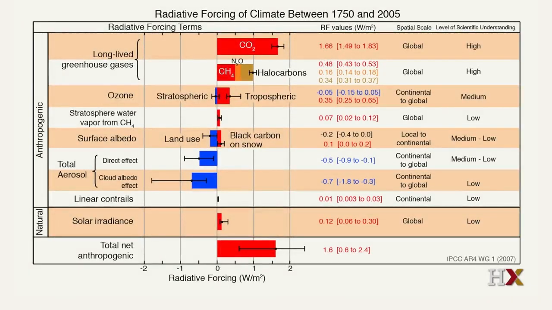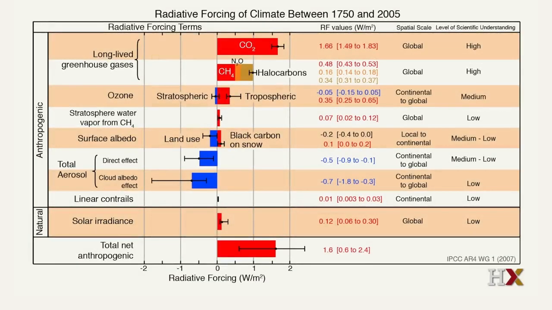If the solar variability really is responsible for the recent warming we've seen, it actually implies a very high climate sensitivity. What it says is that there are huge feedbacks in the Earth's climate system that amplify this very small radiative forcing from the sun, which we know is only about 1/10 of a watt per meter squared, to give us this huge change in global temperature that we've seen over the last 100 years.